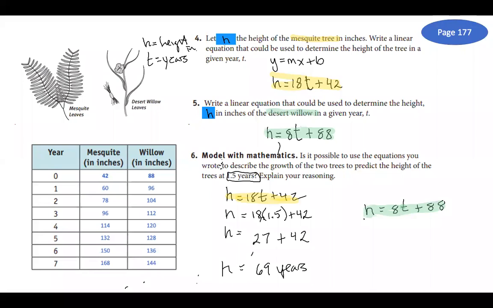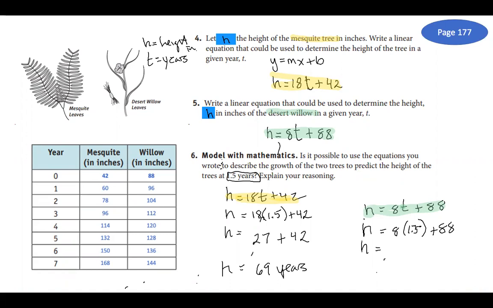Okay, and we're going to do exactly the same thing. We're going to keep h for the height. That's the thing we don't know. We're going to replace t with 1.5 because we want to know how tall it is after 1.5 years, plus 88. So h is going to be equal to